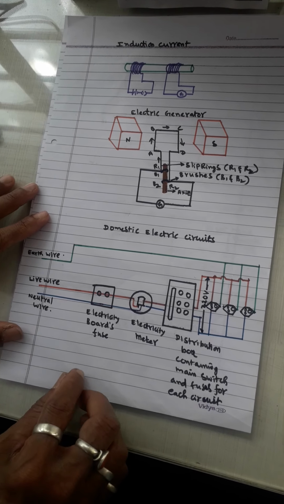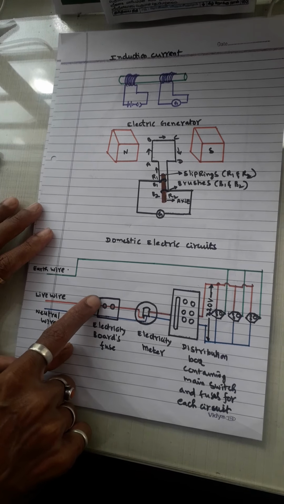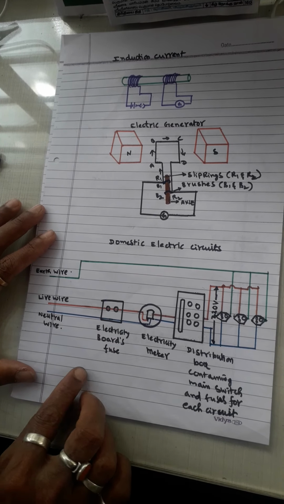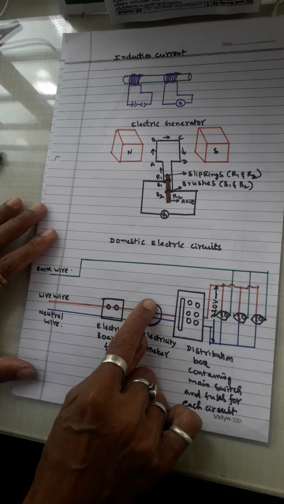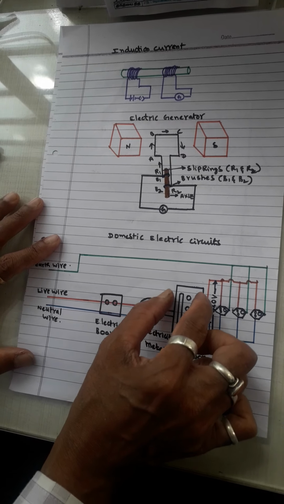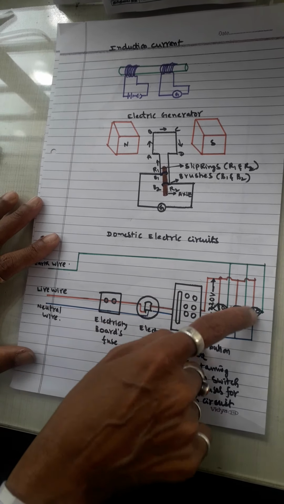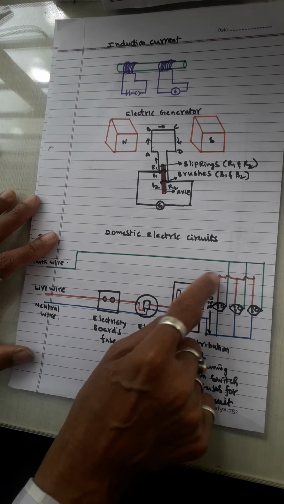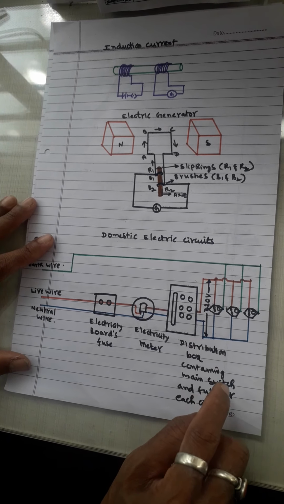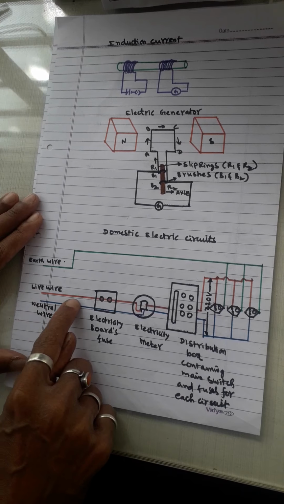Now, a very important thing regarding domestic electrical circuits, you would already have seen this at your home also. Let us see here. Here there is an electricity board, which contains fuses also. Then that is connected to the electric meter, so that we can find out how much current is consumed. Then it is connected to the distribution box, where it is connected to a lot of other circuits. You may connect a bulb or washing machine, different items, iron box, something else also you may use. Now here it is put in different colors.